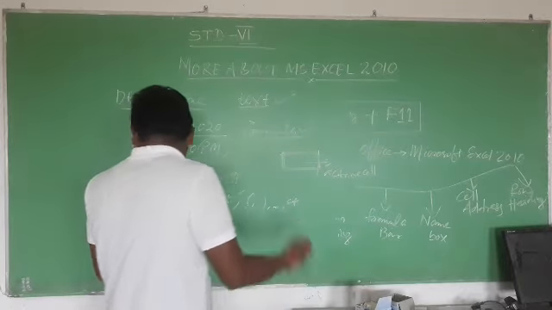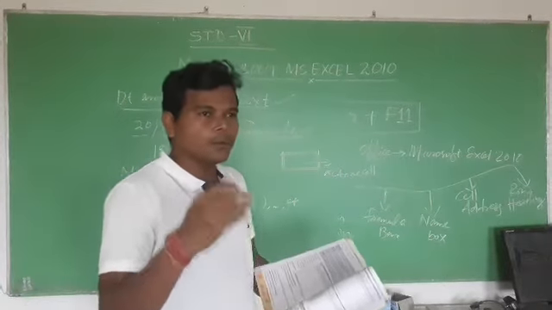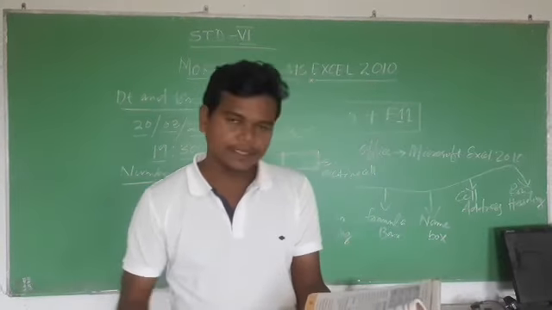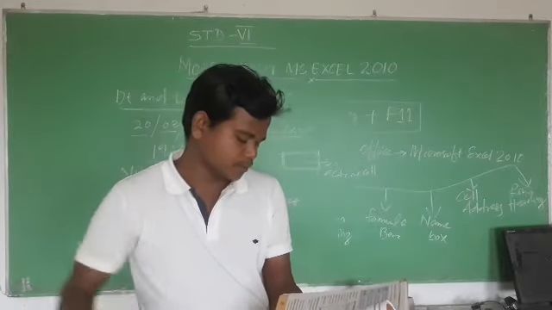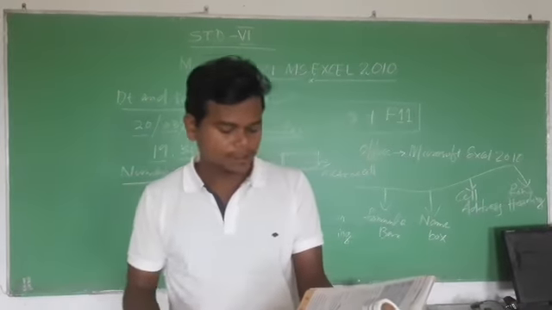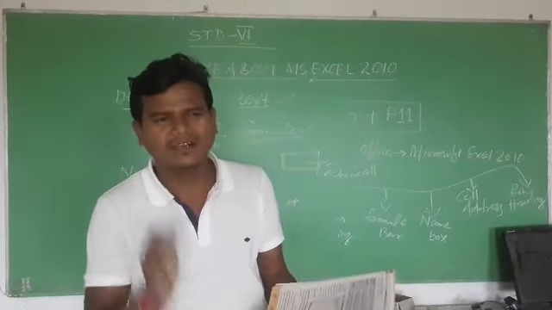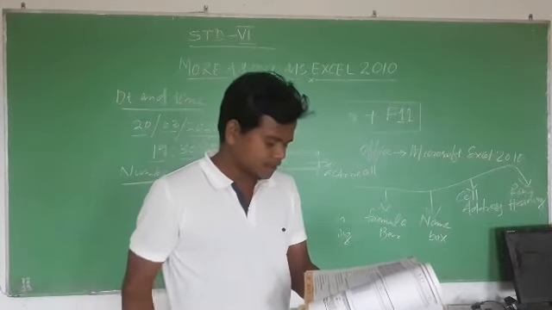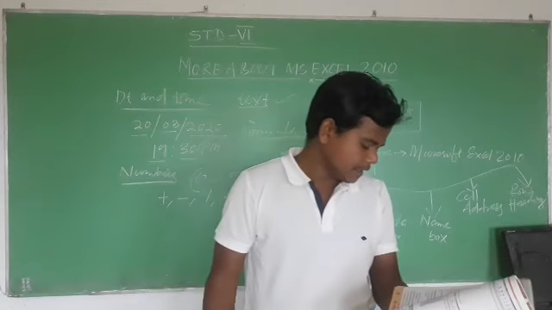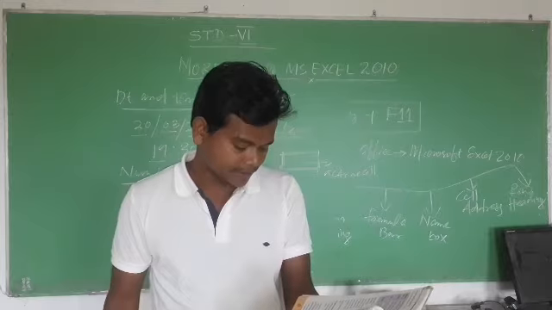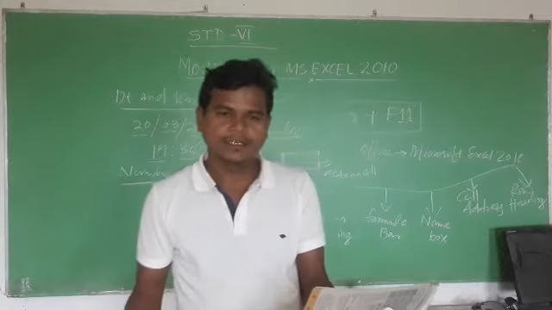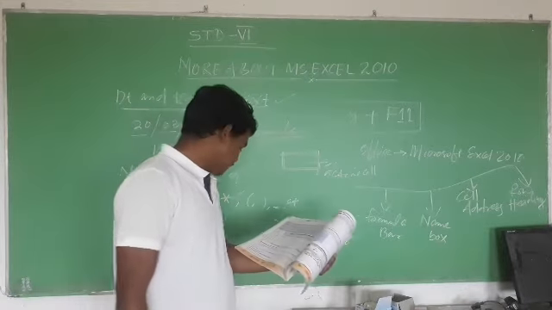Now selecting adjacent cells: click on the upper leftmost cell in the range, press and drag the mouse pointer to the rightmost or lowermost cell in the range. The range of cells will be selected as you want. Another way is to click on the first cell and press the shift key on the last cell in the range. The range of cells will also be selected. That is the alternate way to select.